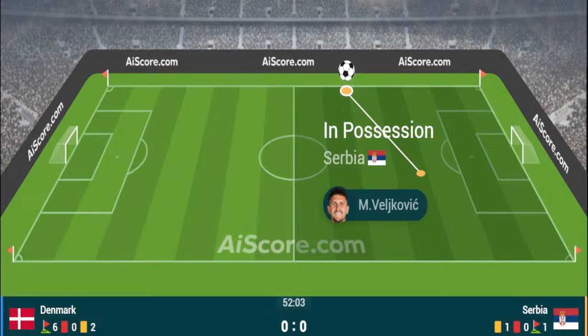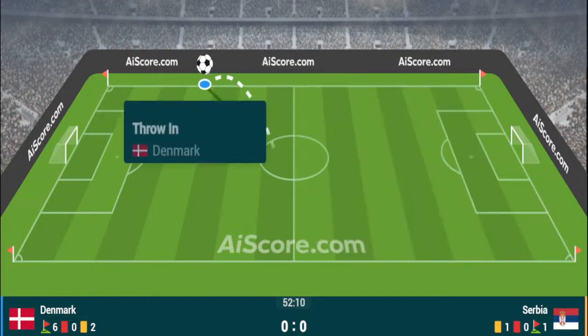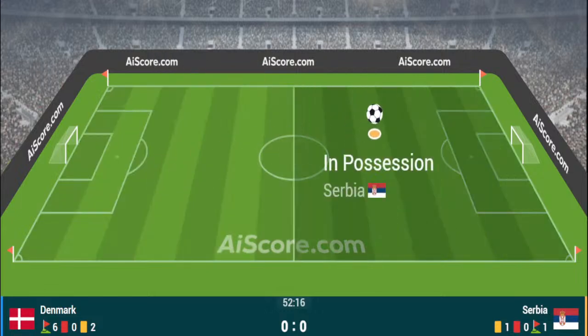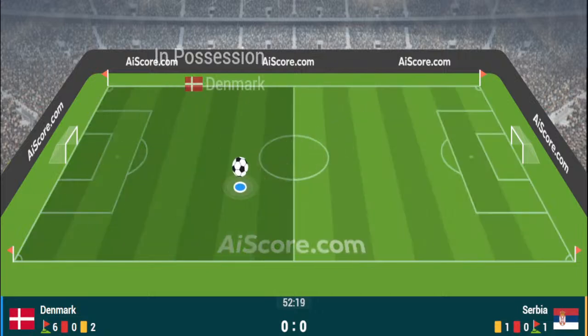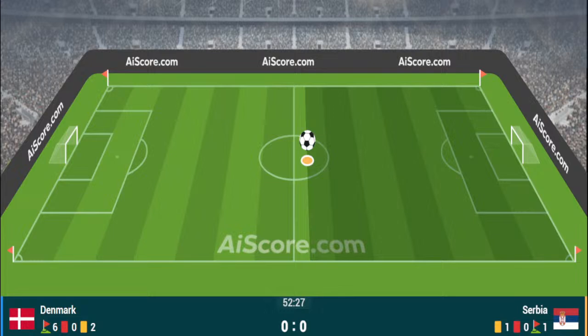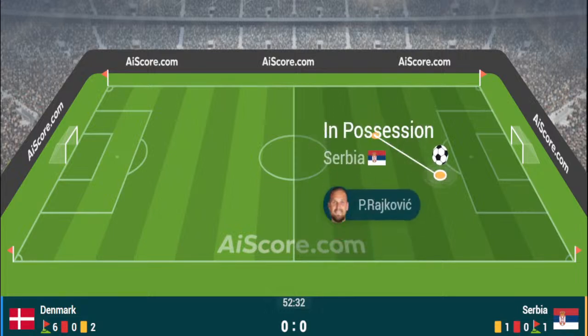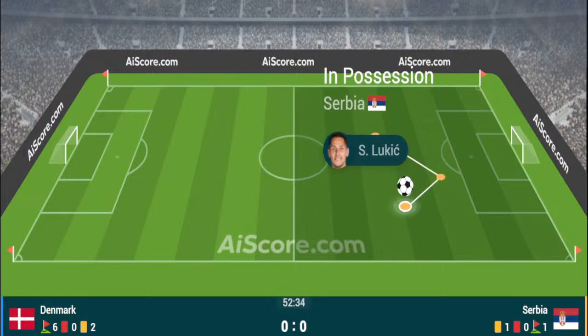So it is Denmark 0, Serbia 0, and it is Denmark in possession right on halfway, and it's gathered by Vestergaard, and it goes all the way back towards Kasper Schmeichel in goal. Kasper Schmeichel does have Anderson to his right-hand side, and Kasper Hjulmand just taking a chance or two, eventually finding Anderson, the Crystal Palace defender, who launches it forwards, and Kasper Hjulmand, I think, just momentarily wasn't quite sure where Anderson was, and Serbia now have a throw in on their left-hand side.